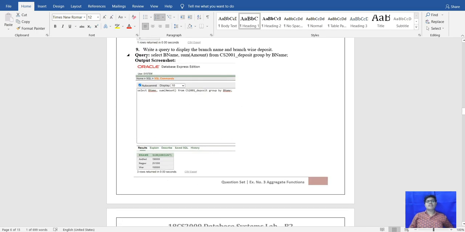The ninth question: write a query to display the branch name and branch-wise deposit.